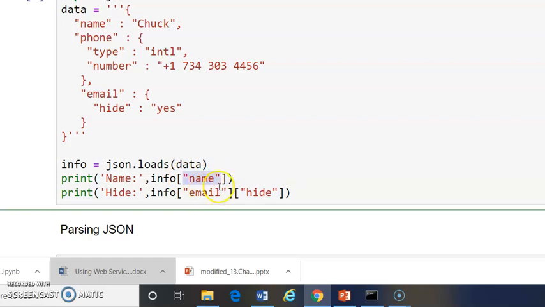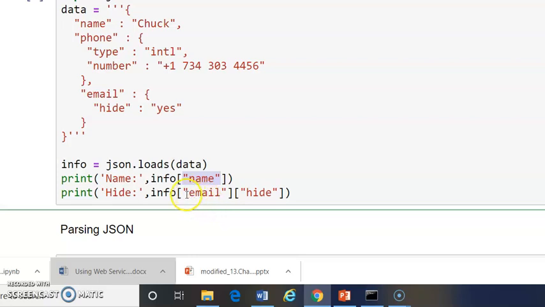So write this, extract the name, and then I need to extract the information for this ID. So I need to go for this email as the outer key. It's like when you are working with a 2D array, how you extract using the row and the column, both indexes.